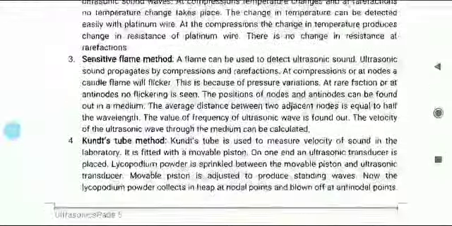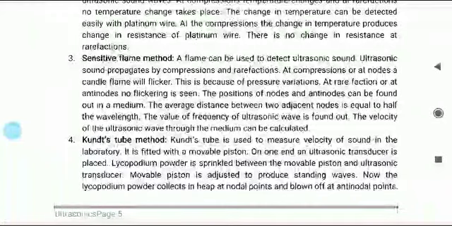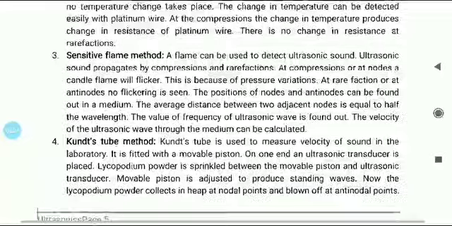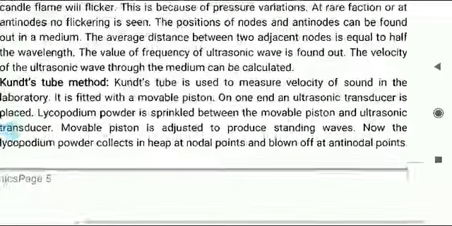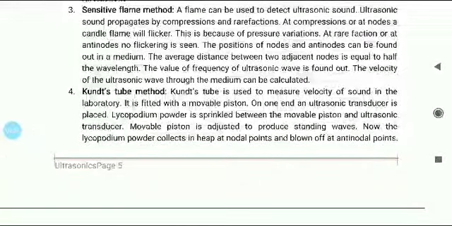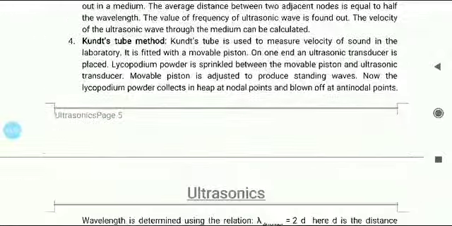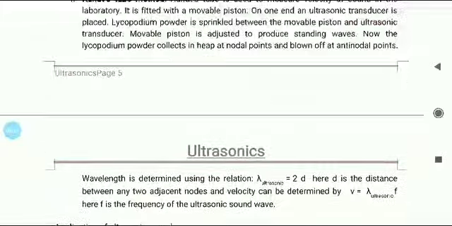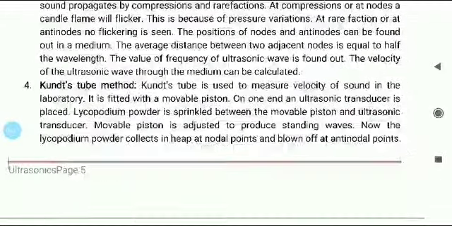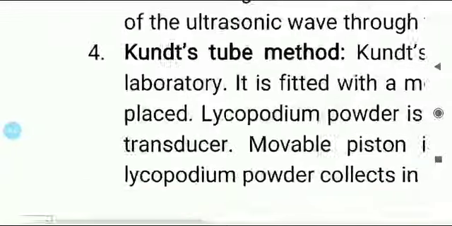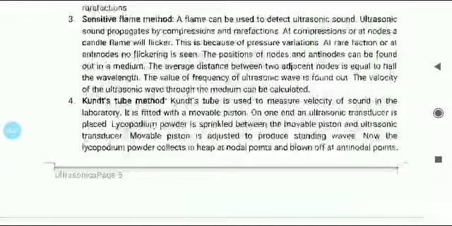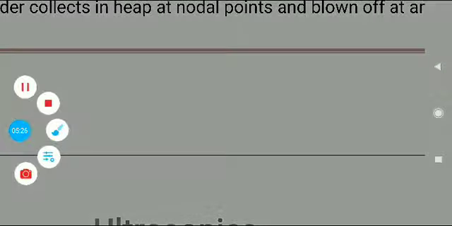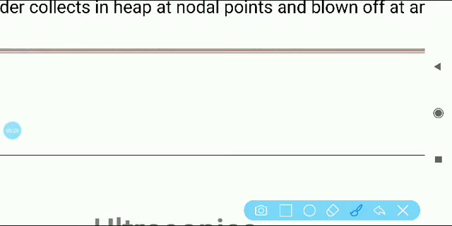Using that, you can find out the wavelength of the ultrasonic sound wave. The fourth method, which is not that important but anyway for mentioning, is called the Kundt's tube method, where some powder, that is lycopodium powder, is used to find out the wavelength. For this, a tube is taken,